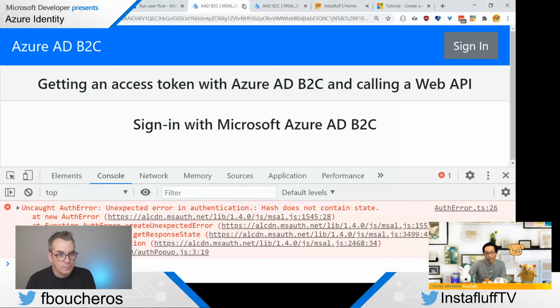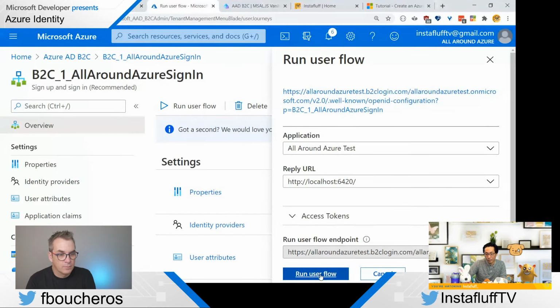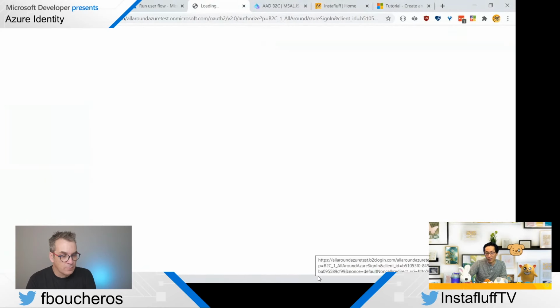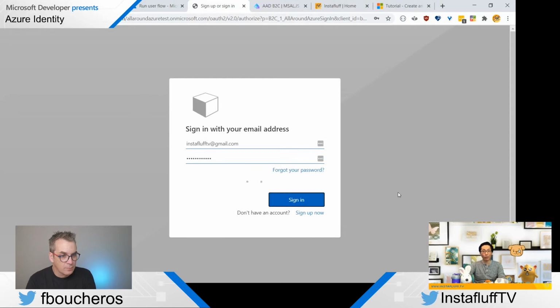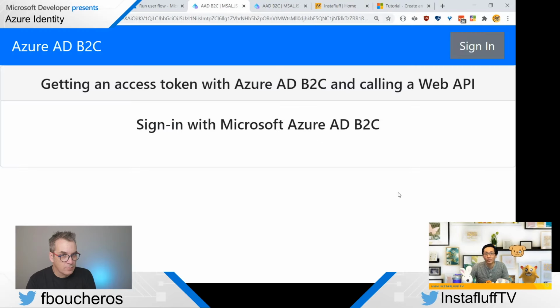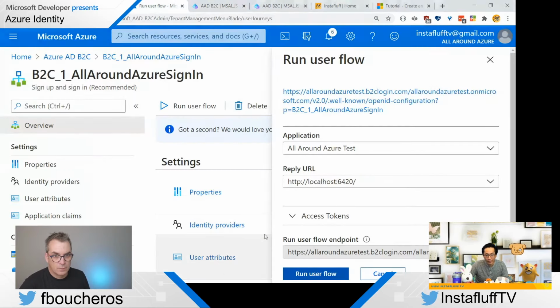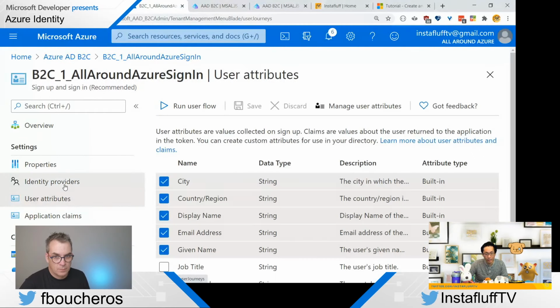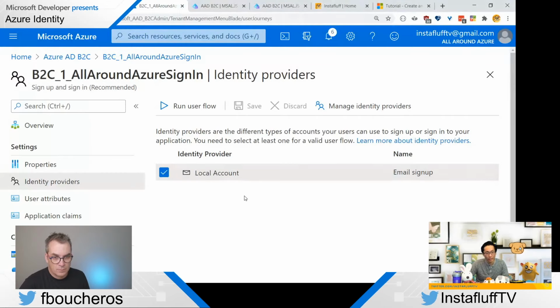So I'm gonna try running the user flow again. And then sign in. Here we go. You'd use their auth provider unique ID as a key to their database. Do you think I did the token, or not the token, the app ID, right?